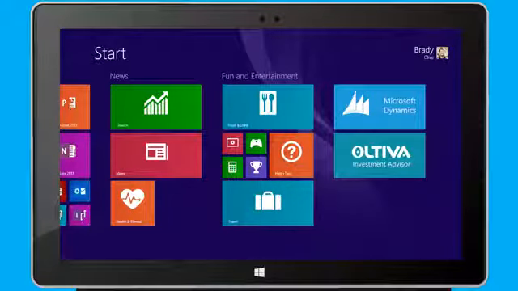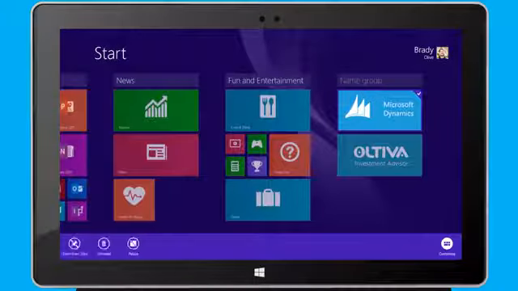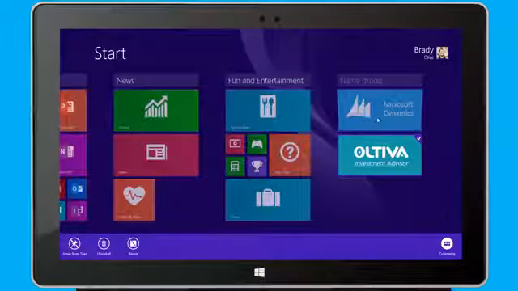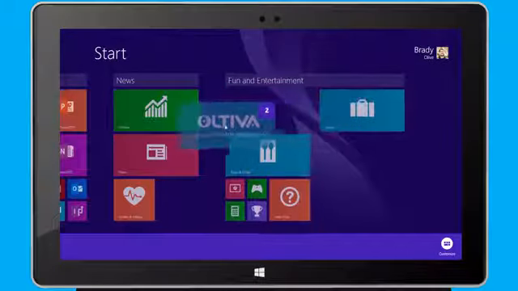I use these apps every day, so I'll move them for easy access. I press and hold the first app to select it, then I tap the other apps that I want to move. Or I right-click one or several apps at the same time. Now I drag the selected apps to an existing group.